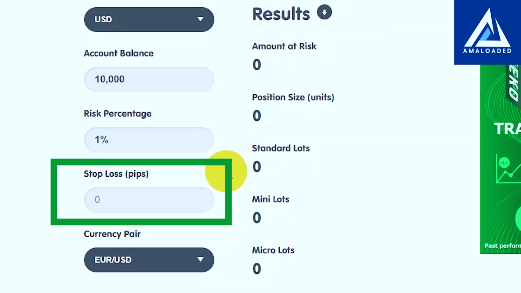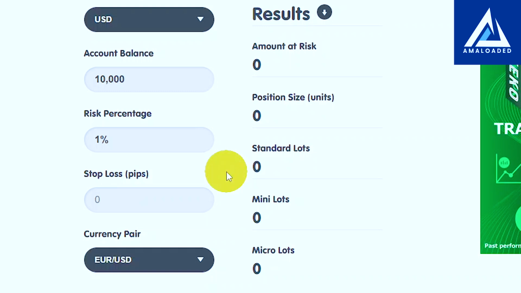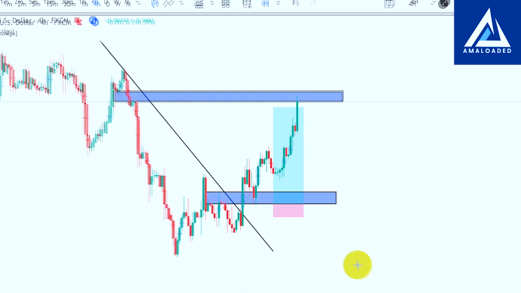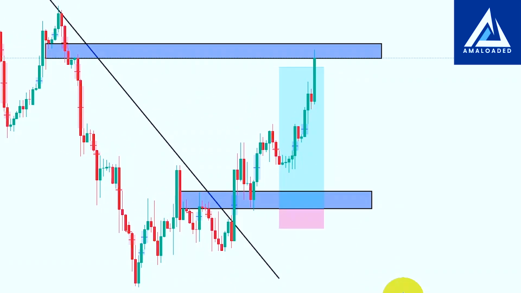The next one is the stop loss option, and you can only determine this through the setup you are taking at that moment. It depends. Sometimes you will take a trade that will give you 20 pips, sometimes a trade that will give you a 10 pips stop loss, sometimes 30 pips. It depends on the setup you are taking at that moment. Now I'm going to show you one of the setups that I took not long ago on